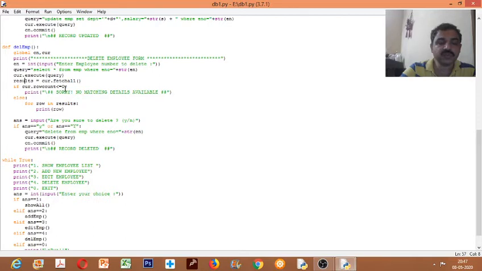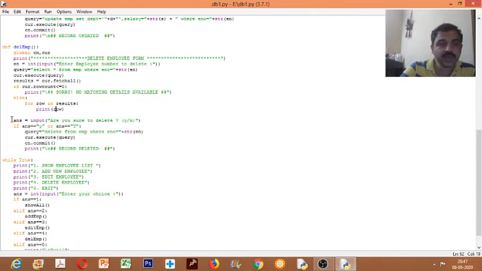That means there are no rows, no matching data available. So we display no records, else for row in results, each row of the result set will be displayed, print row. One by one, rows will be displayed.